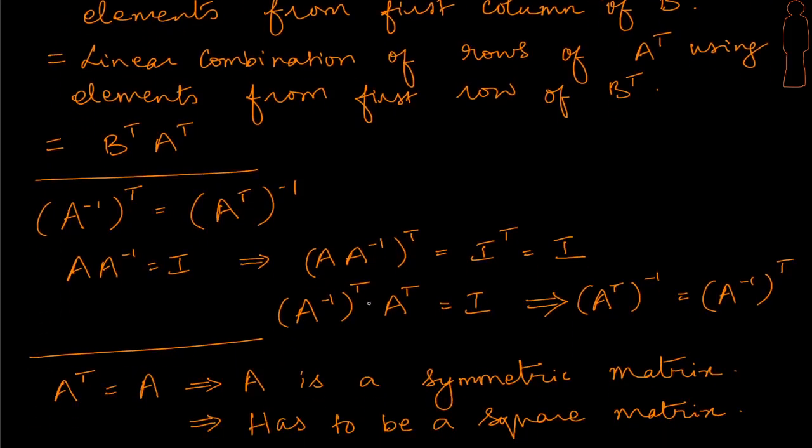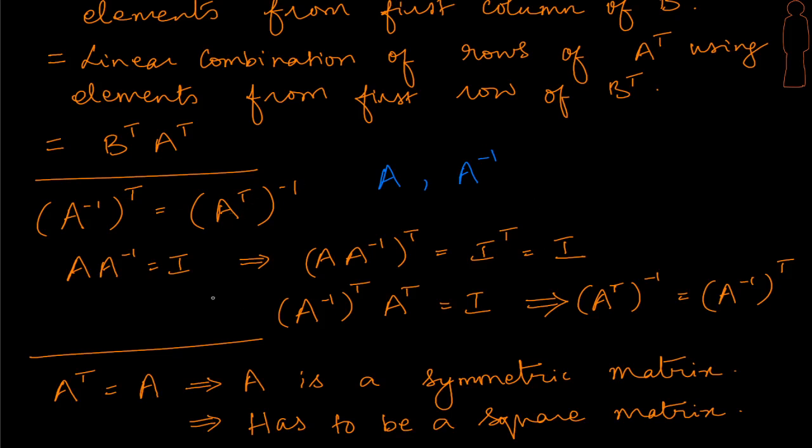It says A inverse transpose is the same as A transpose inverse. So if we assume that we have a matrix and that it's also invertible, which means that A inverse exists, then we can discuss this part. If we know A and A inverse, it is very easy to find the inverse of A transpose. That's what this statement tells us. If we want A transpose inverse, look at the right hand side here. All that we need to do is, once you obtain A inverse, just transpose that and we get the inverse of A transpose.